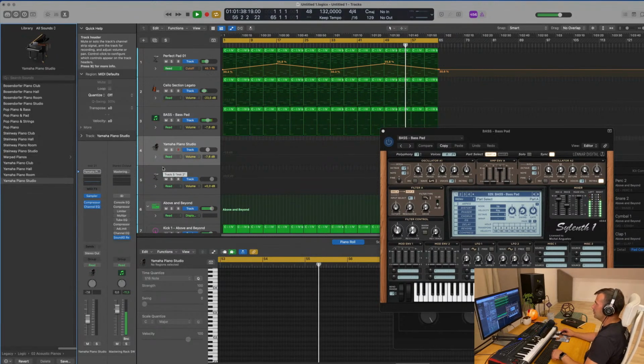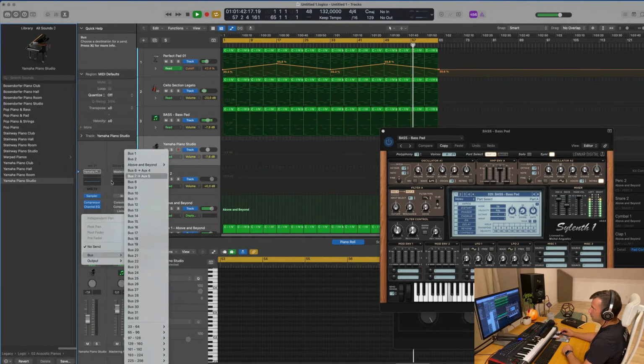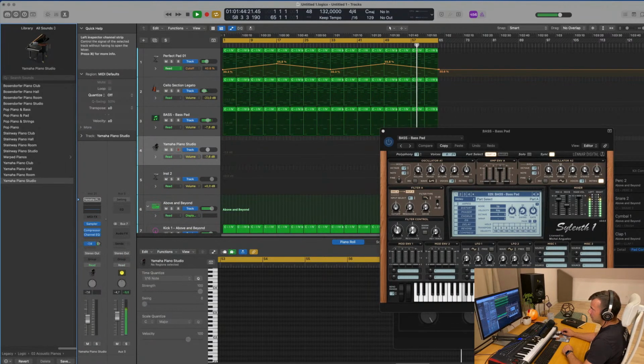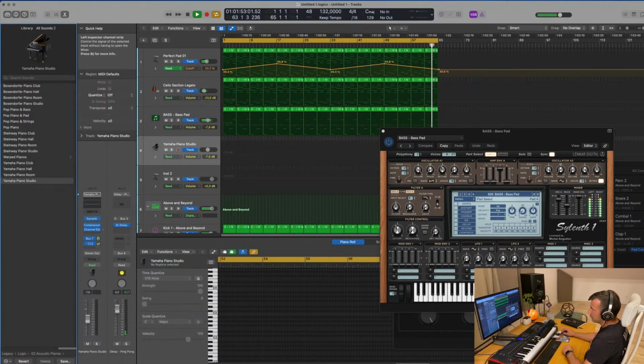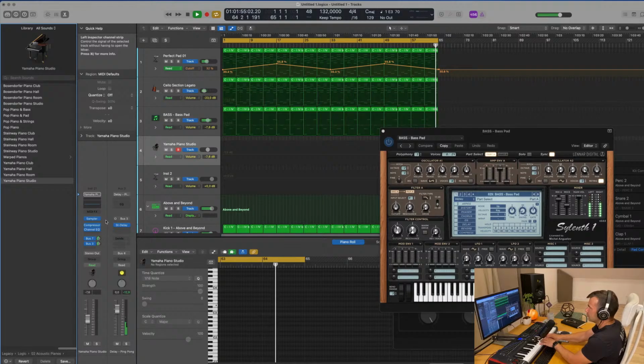I'm in C. I'm gonna send that to the reverb and to the delay to give it a little bit of flair, because if not, it's gonna be quite boring to hear me play completely dry. This is a ping pong delay here, perfect. And then